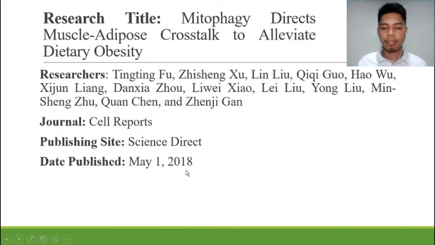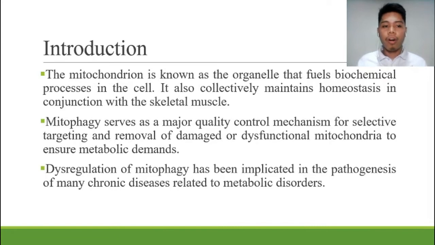For a quick insight about this research, it mainly focuses on the role of mitophagy in regulating metabolic disorders such as obesity. So, while mitochondrion is known as the organelle that fuels biochemical processes in the cell, it is also important for us to take note that it collectively maintains homeostasis in conjunction with the skeletal muscle. On the other hand, mitophagy serves as a major quality control mechanism for selective targeting and removal of damaged or